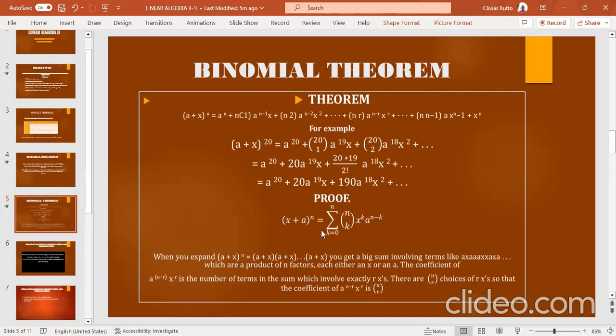So by proof, A plus X power n by the binomial theorem goes as a series from k equals 0 to n. We'll have n combination k, X to the power of k, A to the n minus k. So when you expand A plus X,